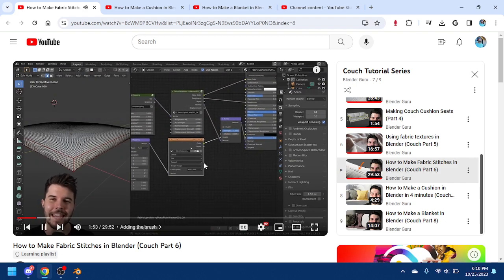So we're going to be using an image texture of a seam, and thankfully there are plenty around